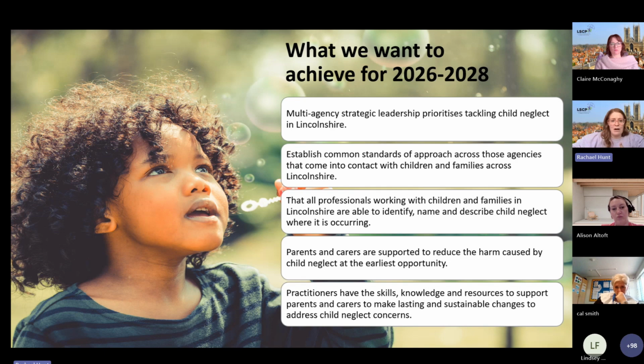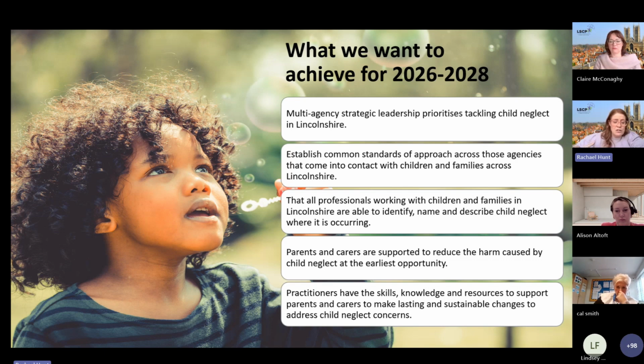So how do you go away today and think about standardising that approach? I know people have already said they're going to go away, share the resource, share the scales, have those conversations, and I think those are really the important things we need people to do. Making sure that we're all able to identify, name and describe child neglect. What I would say is the resource hopefully really encourages and helps people with those areas, and again we are open to feedback. So if there are any gaps, if there's anything people want us to add, like I said, it's our document. We can add to it as we see fit.